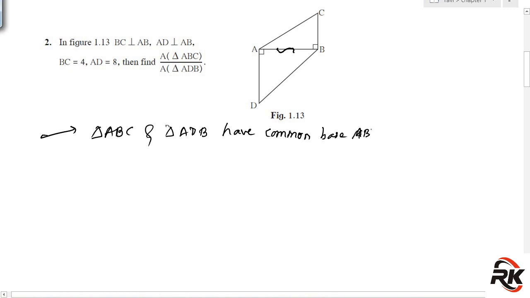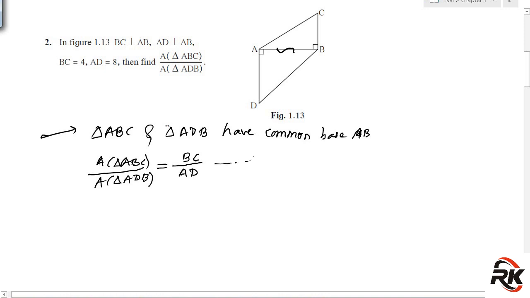Using third property, we know that if the base is common, means bases of two triangles are equal, then the ratio of their areas, means area of triangle ABC upon area of triangle ADB is equal to the ratio of their heights, means BC upon AD,